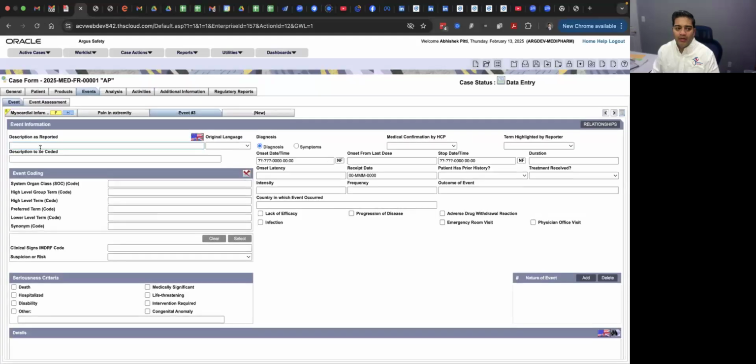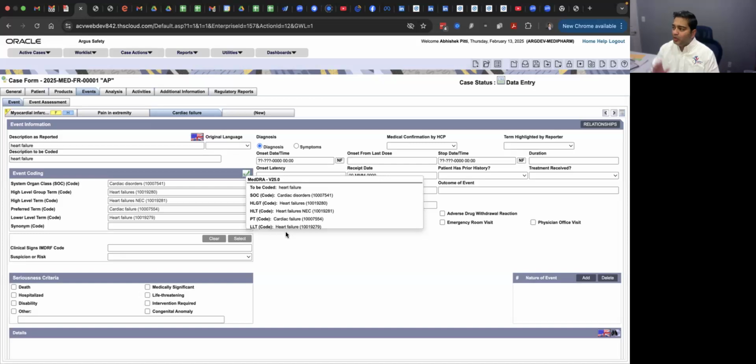Now, the same way, let us say the patient has heart failure. Let us create a condition called heart failure. Now, I know this is an LLT term, so I'll just do it straightforward. So you see heart failure coded into LLT term of heart failure, PT term of cardiac failure, and cardiac disorders. Now, if you look at it, it's uniaxial. Once you code heart failure to cardiac failure, it will only go to cardiac disorders. You can't really take it to a different SOC or a different